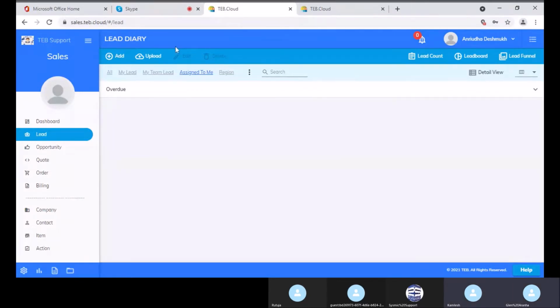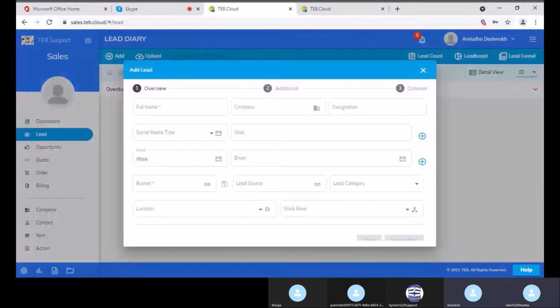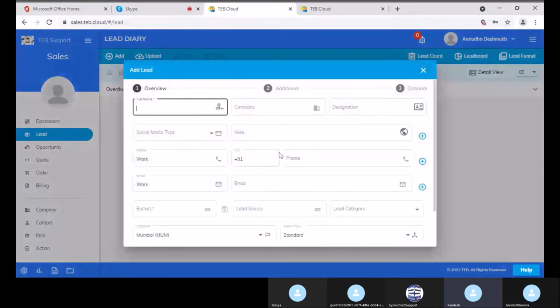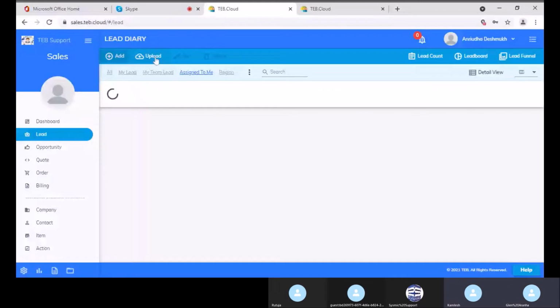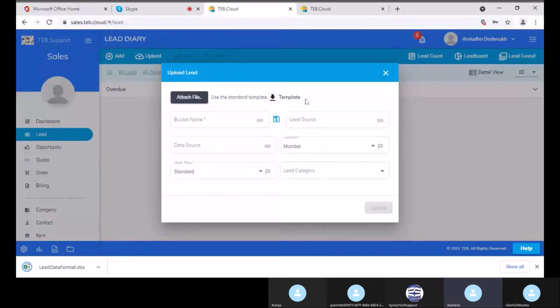So there are two ways of doing it. One is add, which is independent. If you got one single lead, you can put it here. Another way is with the upload option. Upload option is like a template. We have a standard template here. This template is a lead data format. It has very standard